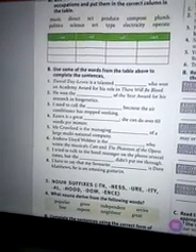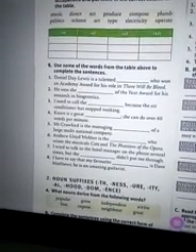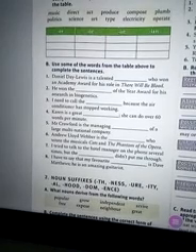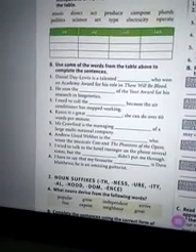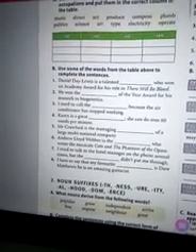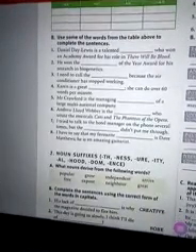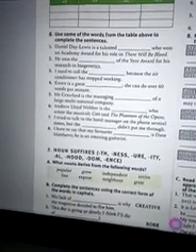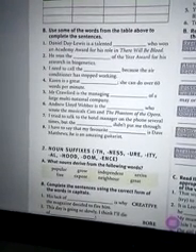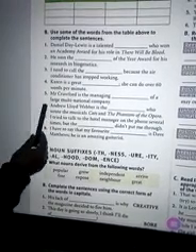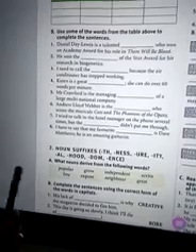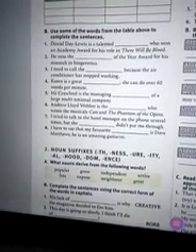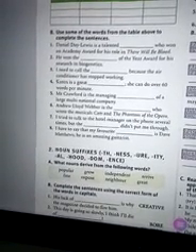Sentence number 4. Karen is a great blank, she can do over 60 words per minute. 60 words per minute, so she is a great typist. Sentence number 5. Mr. Crawford is the managing blank of a large multinational company, is the managing director. Yes, the managing director. 6. Andrew Lloyd Webber is the blank who wrote the musicals Cats and the Phantom of the Opera. Andrew Lloyd Webber is the